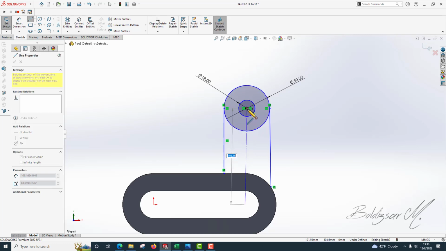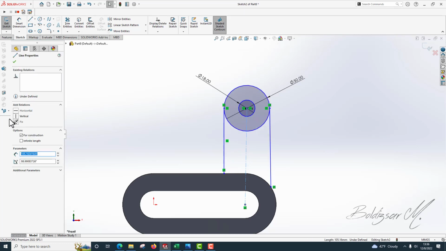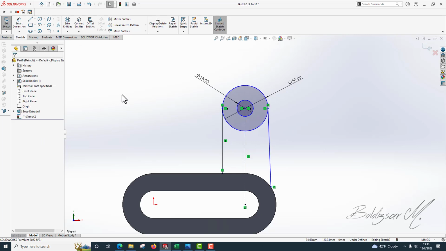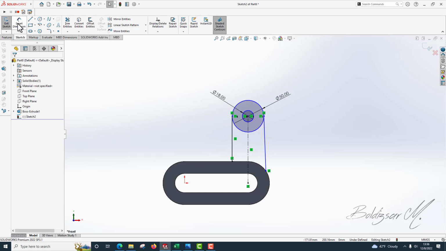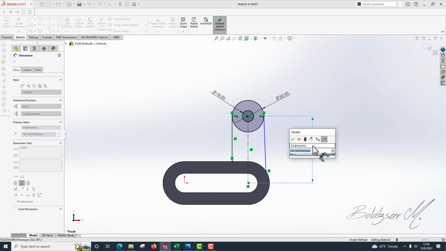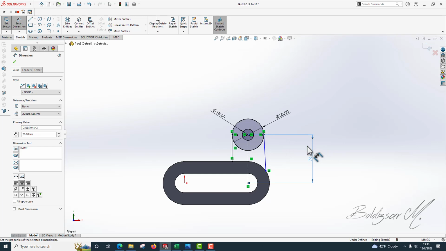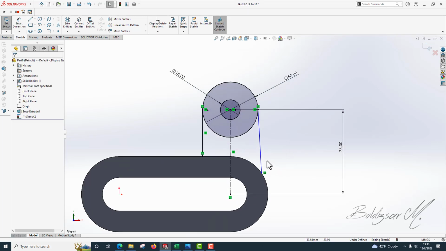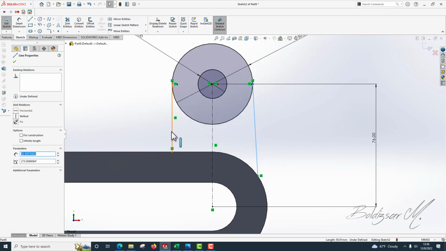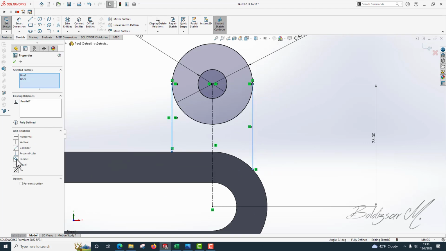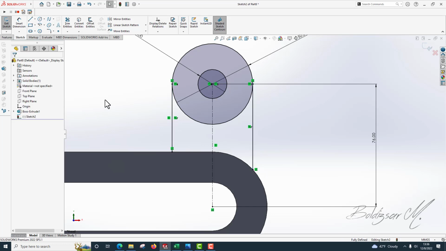This circle with this circle needs to be on the line, so we select it, put vertical. We have a dimension from here to here of 76. Okay, these two lines, we select them and make them parallel, and that is it. Trim